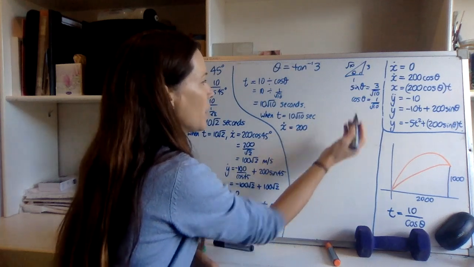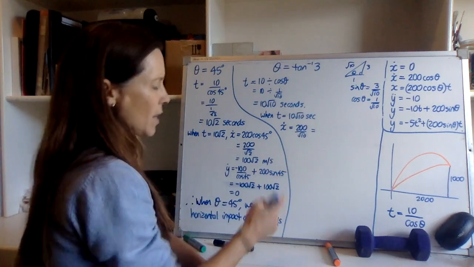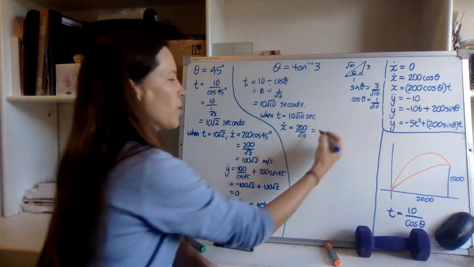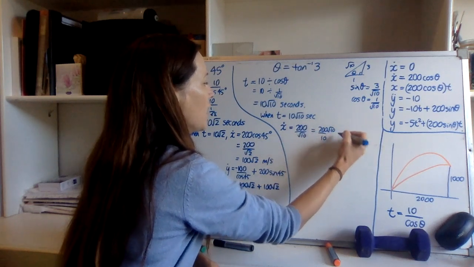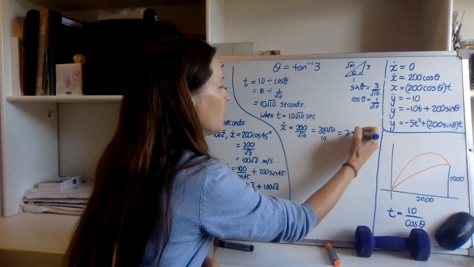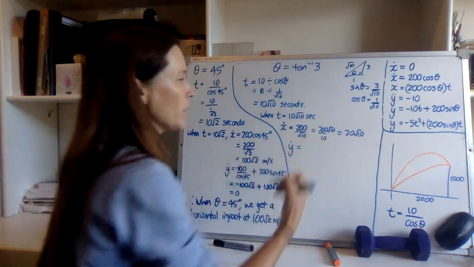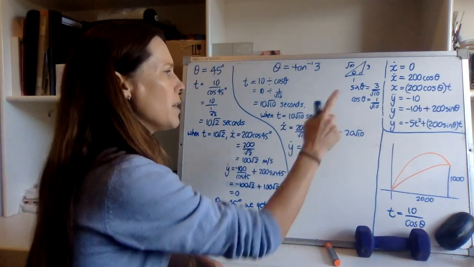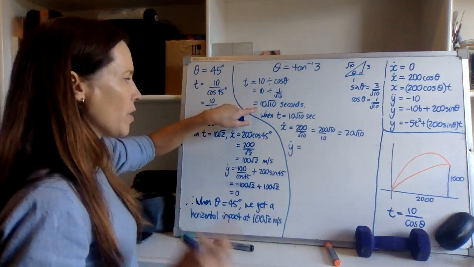So it's 200 times 1 over root 10, which is the same thing as, let's multiply the bottom by root 10, we'll get 10, multiply the top by root 10, and we've got root 10. Whereas y dot is going to be negative 10t, well, t is this. So we've got negative 10